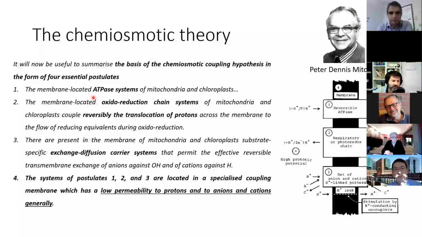This could sound trivial, but if you look at the original formulation of the chemiosmotic theory, you can see that the 4th postulate states that in general, the inner mitochondrial membrane should have a low permeability to protons and to ions in general. Of course, this doesn't mean that the chemiosmotic theory is not true. As a matter of fact, the chemiosmotic theory is confirmed, and this only means that the ion channels in the inner mitochondrial membrane must be very carefully gated, and most of the time they should be closed